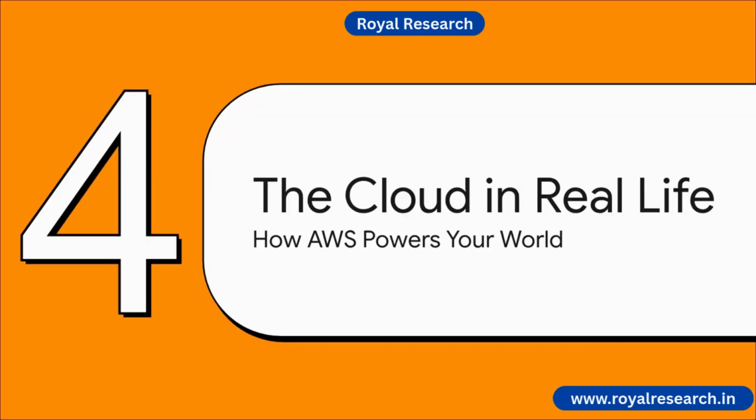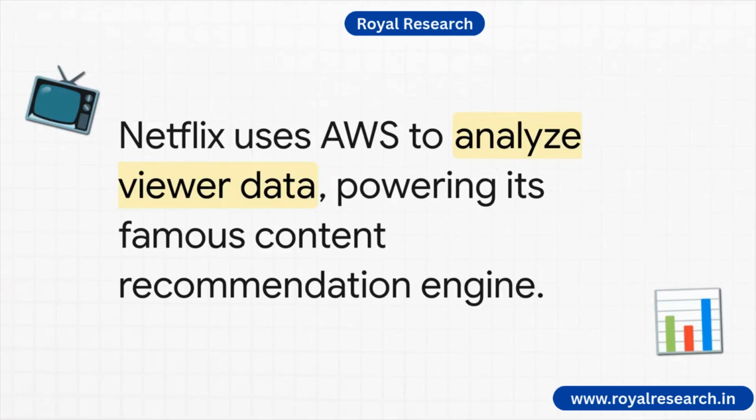Okay, so we've looked at all these abstract tools and services. How does this actually connect back to the real world? Let's go back to those companies from the beginning and see how they're putting all this stuff to work. You know how Netflix just knows what you want to watch next? That's not a lucky guess. They're using AWS data warehouses to churn through unimaginable amounts of viewer data, finding patterns that power that scarily accurate